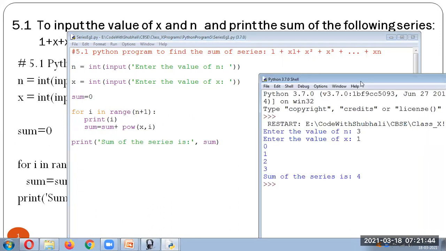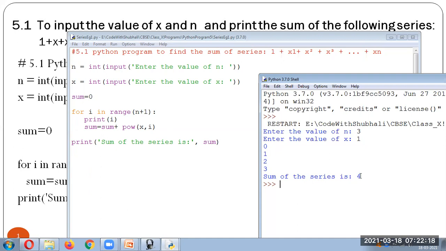Here you can see the value which I have printed is nothing but the value which i is going to take. I initially took the value 0, then 1, then 2, then 3, so from 0 to 3. If you take the value of n as 3, that is why I have provided n plus 1. When I write range, 0 means it will start from 0 and go up to n, whatever the value of n. So here we are supposed to write n plus 1. This is the reason I have printed the value of i, just to make you understand.